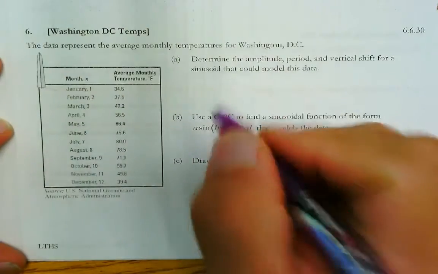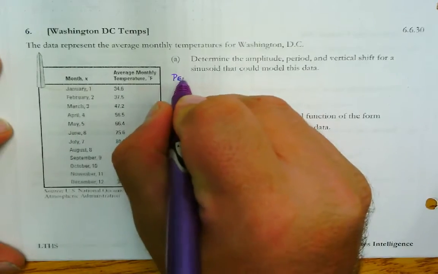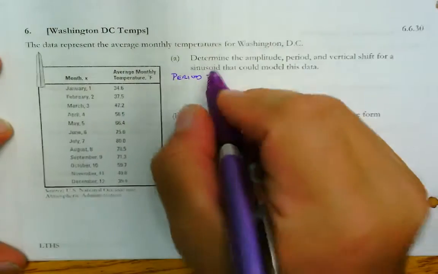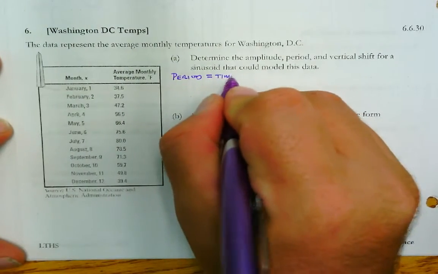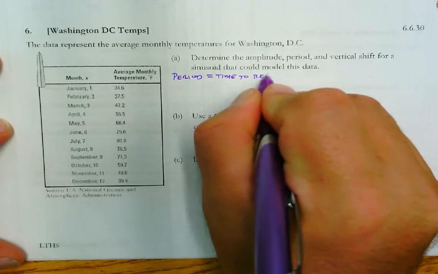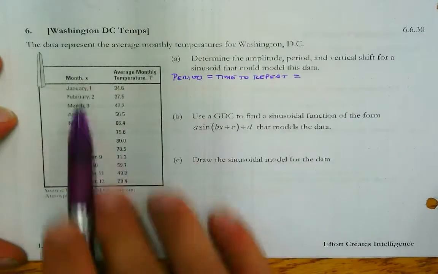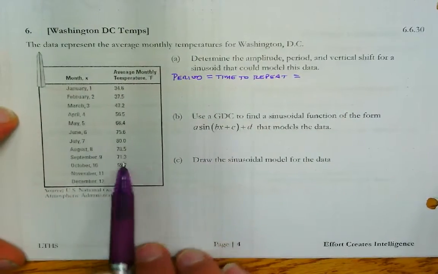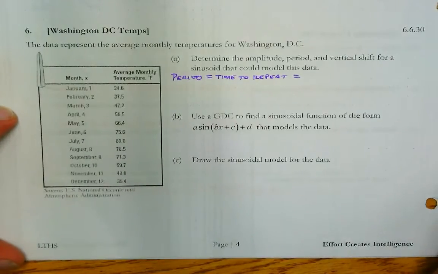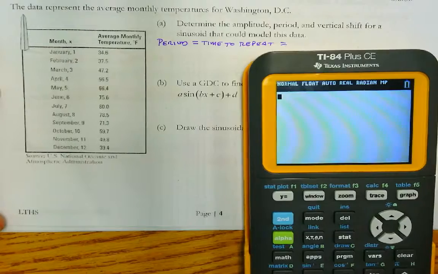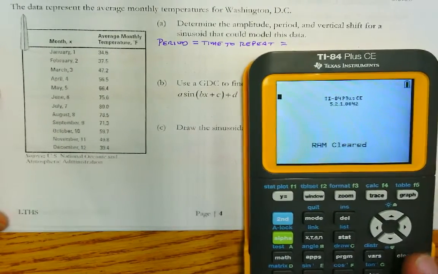Well, our period we know is going to be the time to repeat. And that time to repeat, in this case, is for average monthly temperature, right? If we're not sure what our period is, we could graph and look at our scatter plot. So let's do that. Good practice, go second plus 7, 1, 2, to clear out our calculator, and